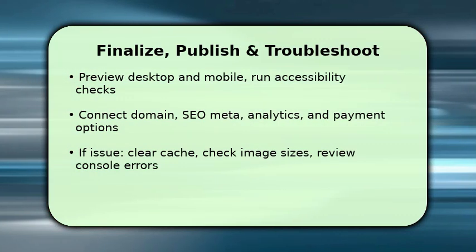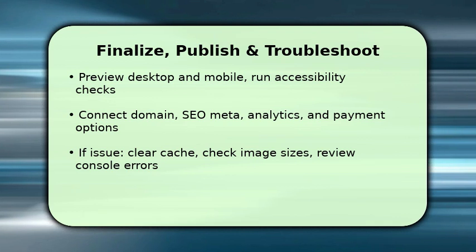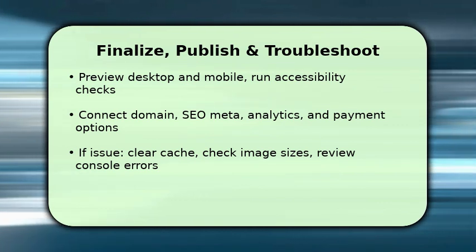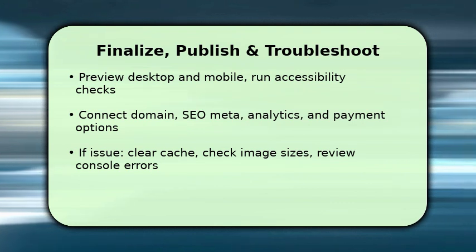You finish by previewing both desktop and mobile layouts and running the built-in accessibility and speed checks. Fix any flagged contrast or alt text issues. Then connect your custom domain, fill SEO meta titles and descriptions, and add analytics and payment settings so the site goes live smoothly. If something breaks after publishing, clear the browser cache, reduce oversized images under 200 KB, and inspect